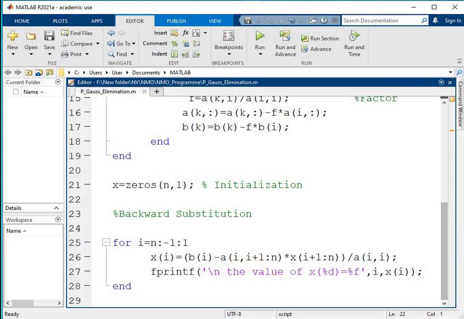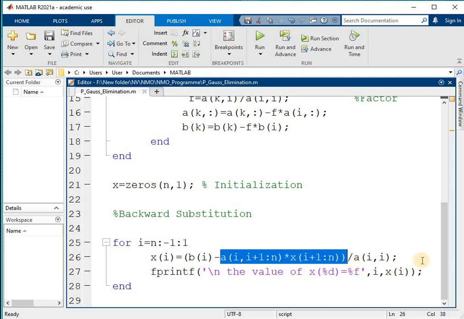Our n value is 3, so it is not going forward. This term will not be taken into part and we will directly divide by a 3 comma 3. So we get x3 equal to b3 divided by a33, and then it will print the value of x3. I am going to explain the fprintf syntax again later on.